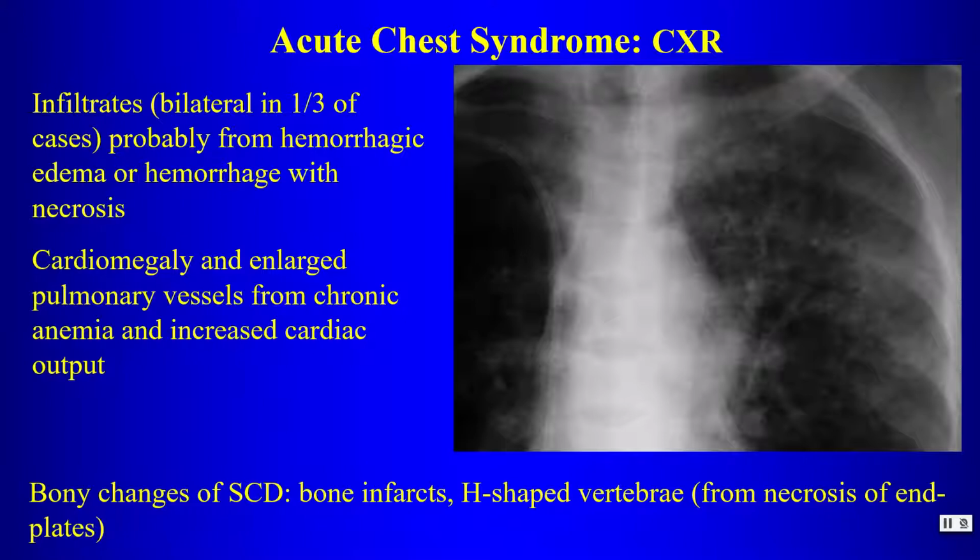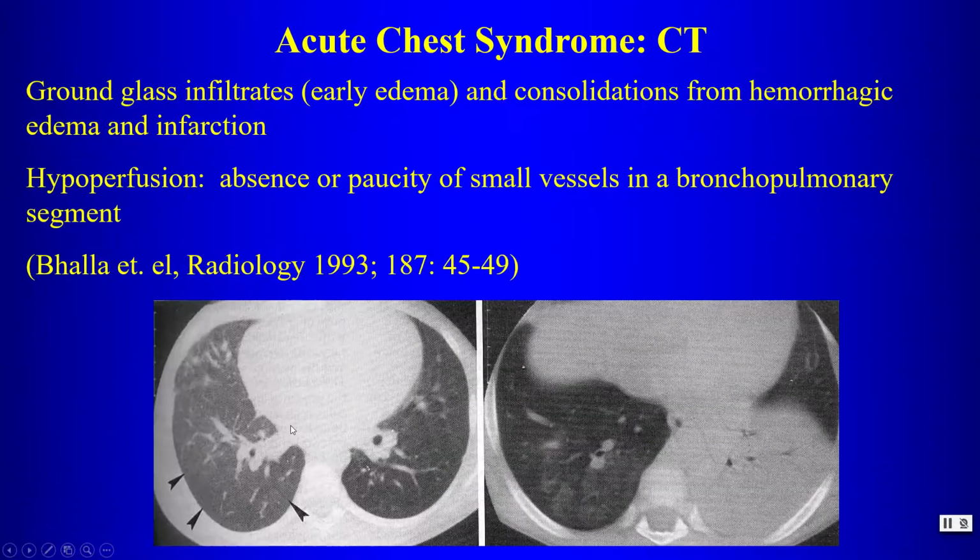If you notice it on the chest radiograph, you may see infarcts within the shoulders, within the proximal humeri, H-shaped vertebra from necrosis of the end plates, so it gives you this kind of concavity here within the end plates of the thoracic spine. We may see some ground glass opacities from edema or hemorrhagic edema. Hypoperfusion, we might see that also. You can see here that there are these areas of decreased perfusion here within the lung as a result of the sickling